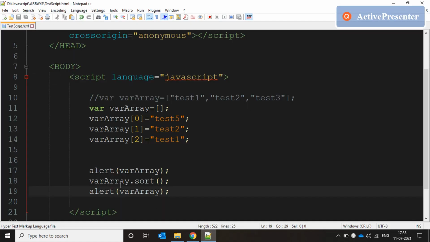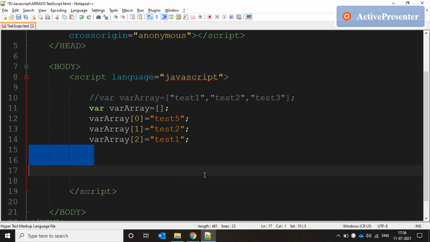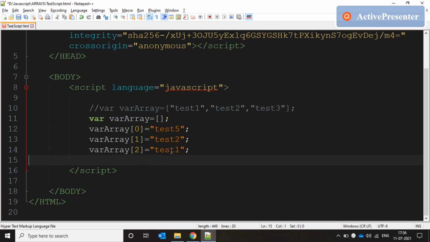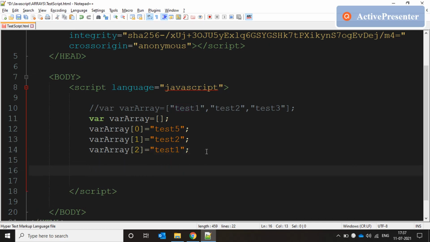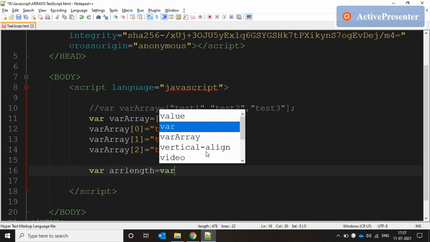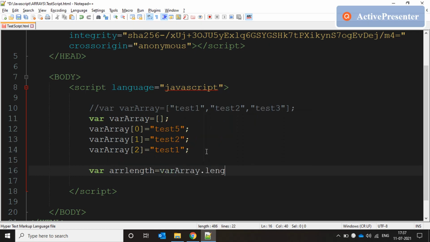So this is how the sort function of an array sorts the array elements and then rearranges the index position of those elements. Now, one thing we need to note here is, since the index of an array always starts with a 0, it's very clear that the last element of the array is at the position which is 1 less than the length of the array. So basically, if we say variable arr length equal to variable array dot length,